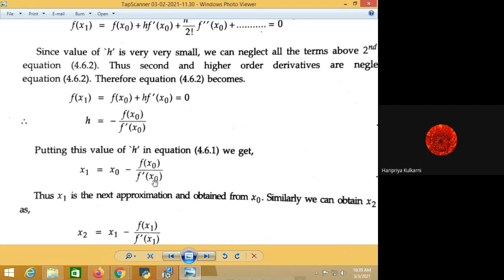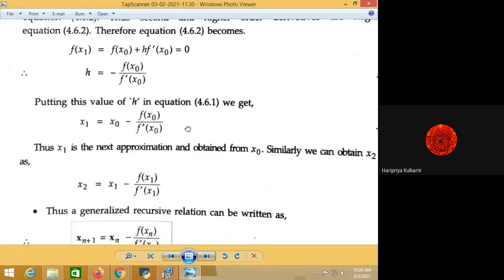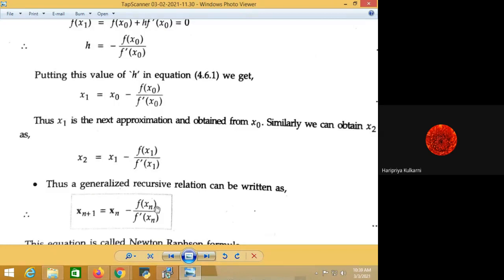So while solving the numerical, knowing the first approximation, you can find out the function value at x0. You can find out the first derivative of the equation and put the value of x0 and you will get this value also, and you will get the next root. Now similarly, this is your first iteration. In the second iteration, in the similar way, you can expand it, like x1 becomes x2, x0 becomes x1. Okay, so a generalized formula we can write here: let us say 2 is n plus 1, then 1 will be n, and 0 becomes n.